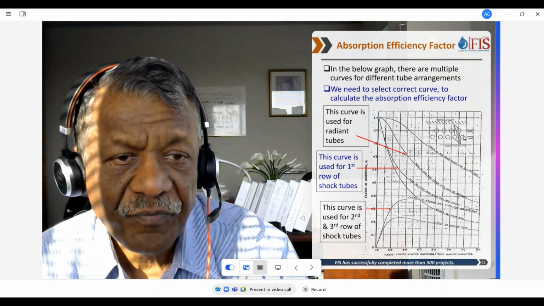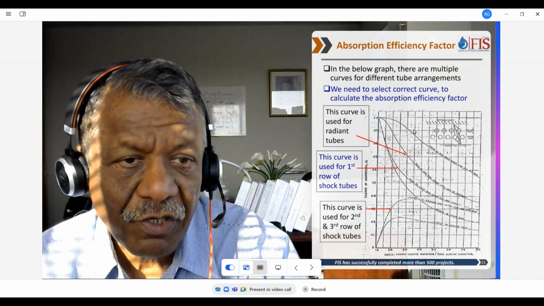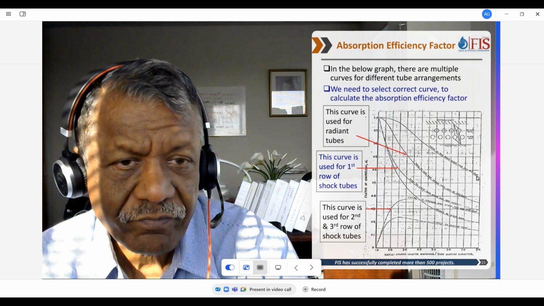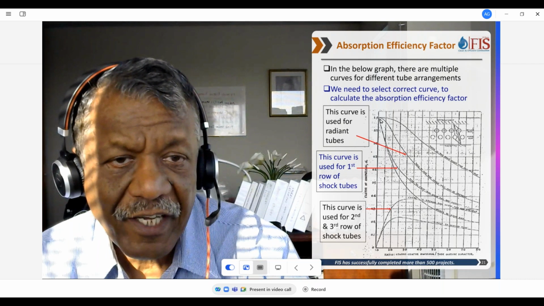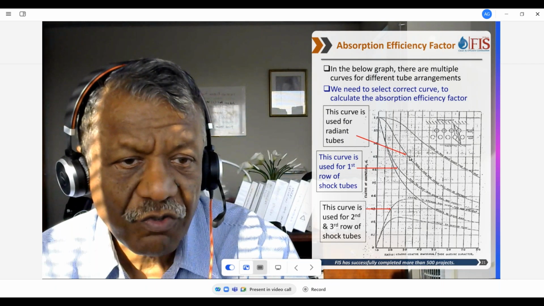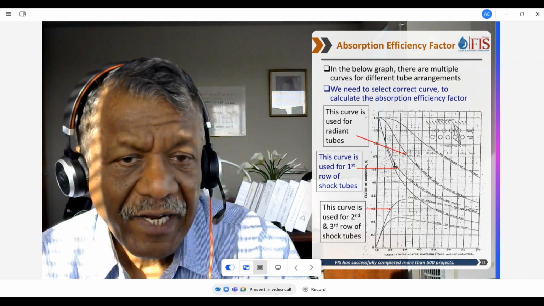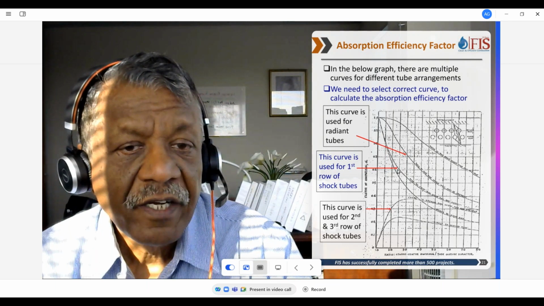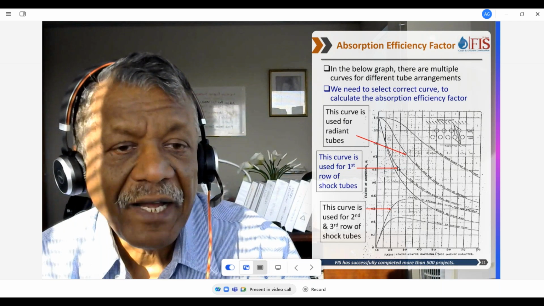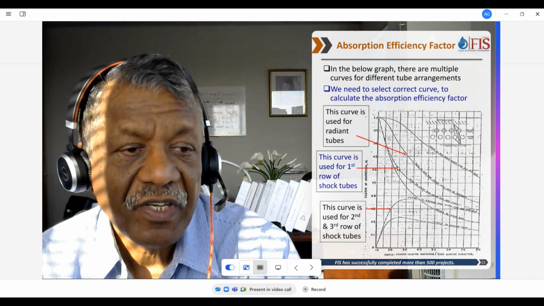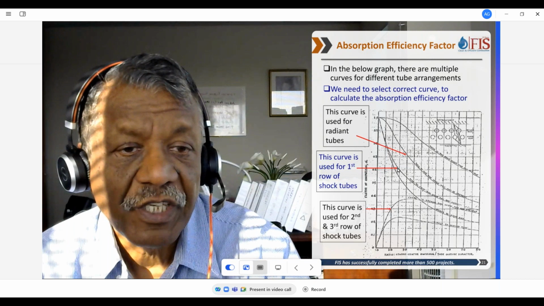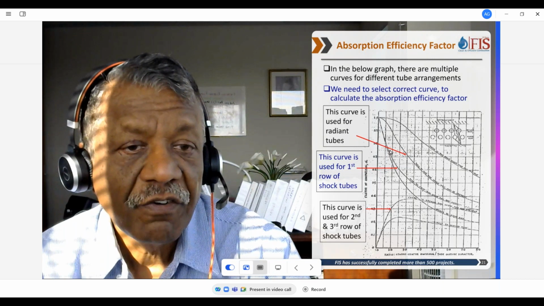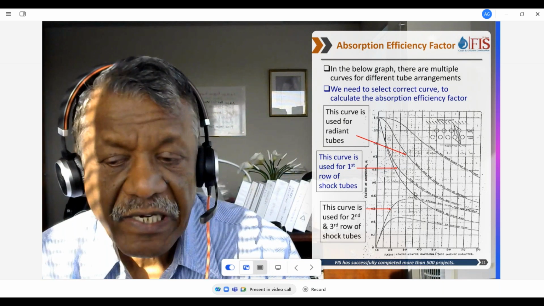So this chart is for 2 rows of tubes, and this chart is for 1 row of tubes, and this chart is for tubes which are not backed by refractory, like double fired tubes. So this is what we will be using for this chart. Now,